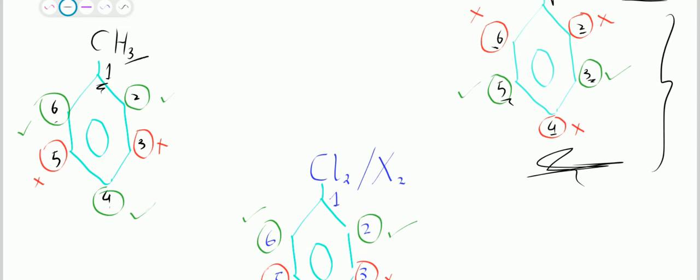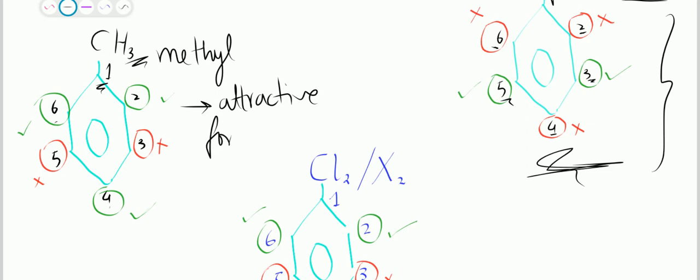The reason for this is that this methyl group, which is attached over here, is going to contribute its electrons to the pi system of the ring, right? So that's why position number 2, 4, and 6 are going to be more attractive for the electrophile, for the incoming